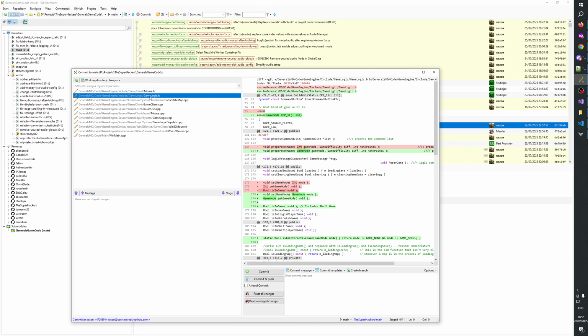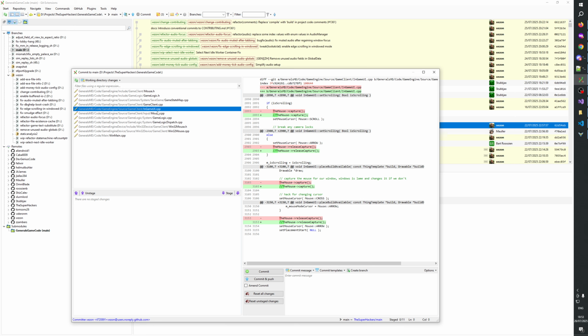We can remove this here. Mouse. Yeah, we can remove this here. And this. And that.